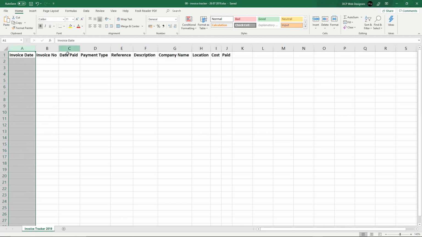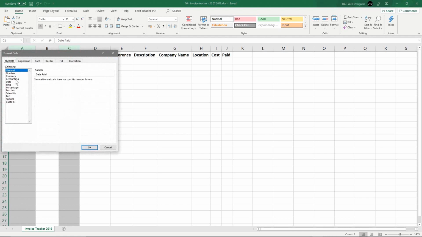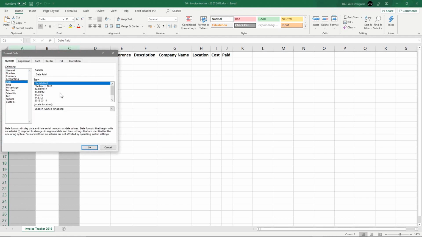But if you will notice, you've got a date paid column. So we're going to hold down the shift key and left click on that one. In fact, we'll click on letter A, and hold down the control key and click on the letter C. That will highlight or select only these two columns here, and we're going to right click and go to format cells, and we'll go to date, and you can pick